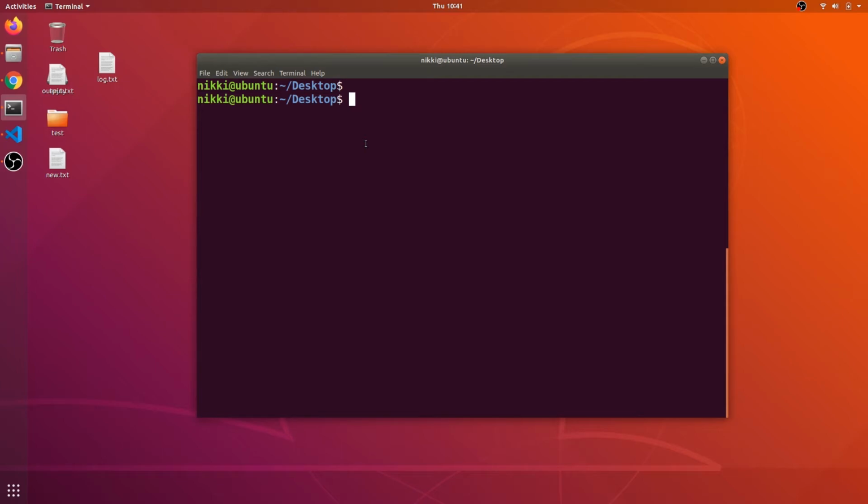To do that, you need to type sudo apt install. But first, before installing any software, we need to update the repositories to make sure that we have access to the latest repositories. So to update your system, you need to type sudo apt update. It will ask for your computer password. Type that in.